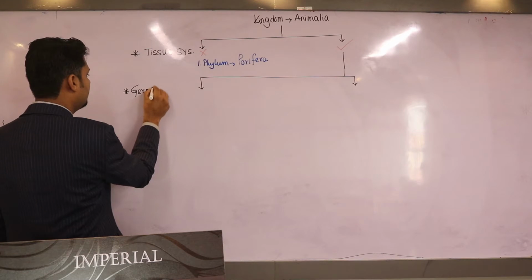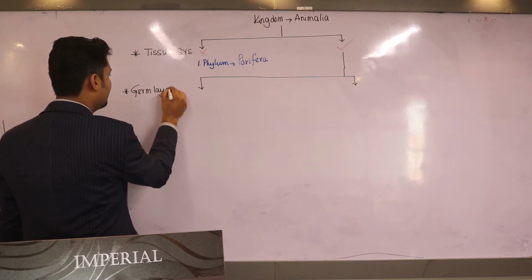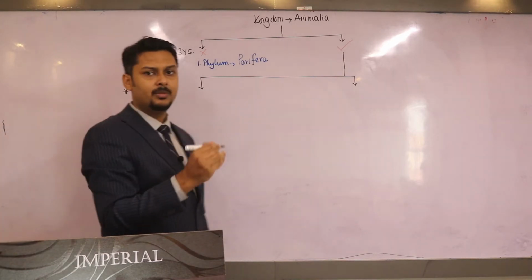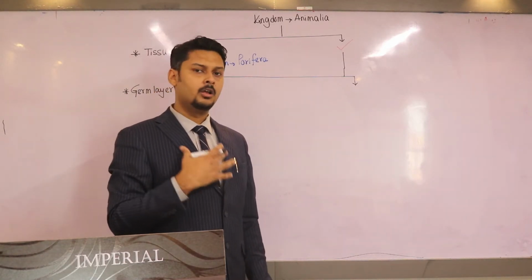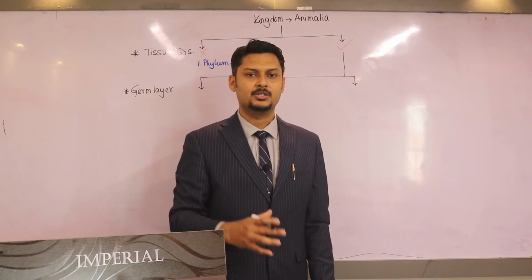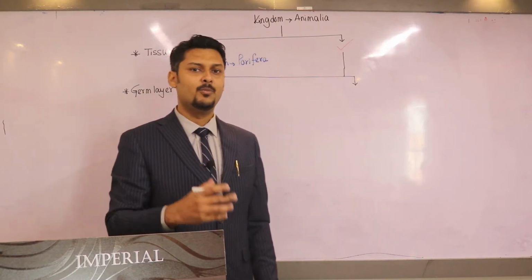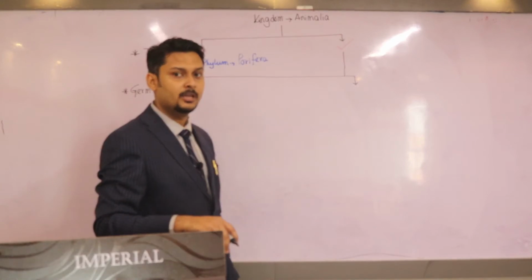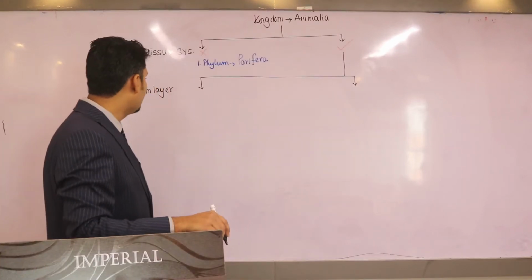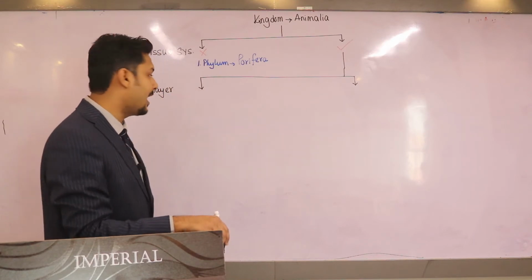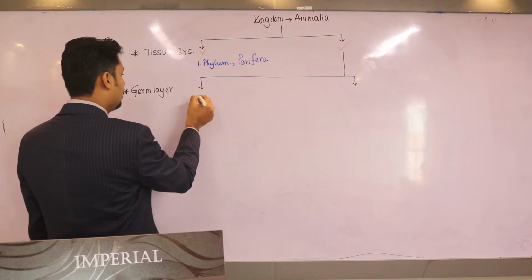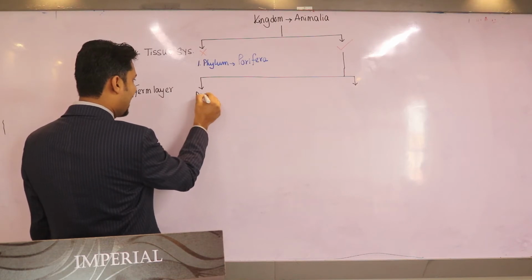germ layer. What is germ layer? As you know, for humans, you studied that portion in class 12, reproduction in human chapter, in the last half of the human reproduction. So germ layer means embryonic layer. Remember this, germ layer means embryonic layer. So some organism have two layers. They are called as